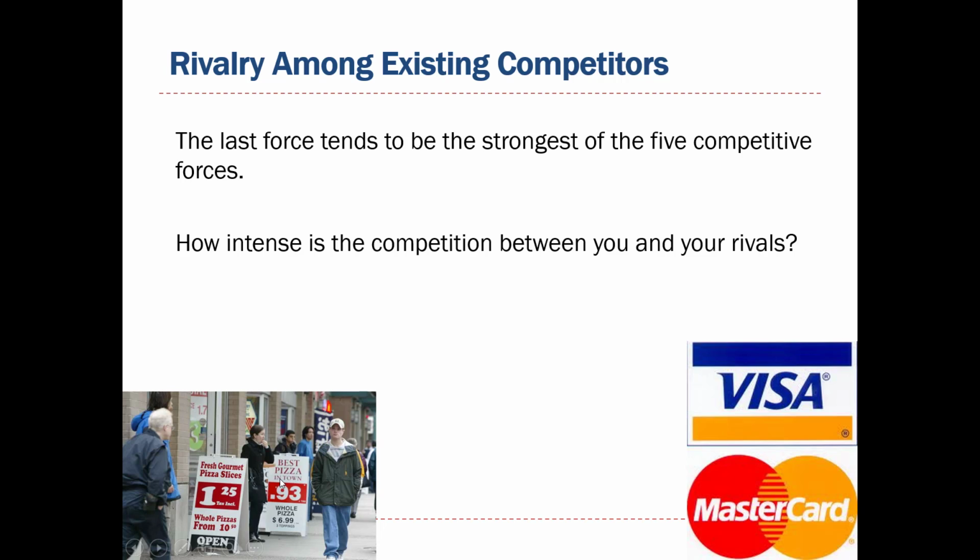So when I go into the streets and I want to buy pizza, maybe I go for a walk, I go shopping, and I want to buy pizza, I'm not really going to be looking at, I really like Best Pizza's pizza, or I like the Fresh Gourmet pizzas. What I'm really looking at is, this is $1.25, this is 93 cents. They are so close to each other that, unless there's a distinct difference in their taste, most likely we're just going to go to anyone. Or Visa card or MasterCard. Very close products, very close businesses.